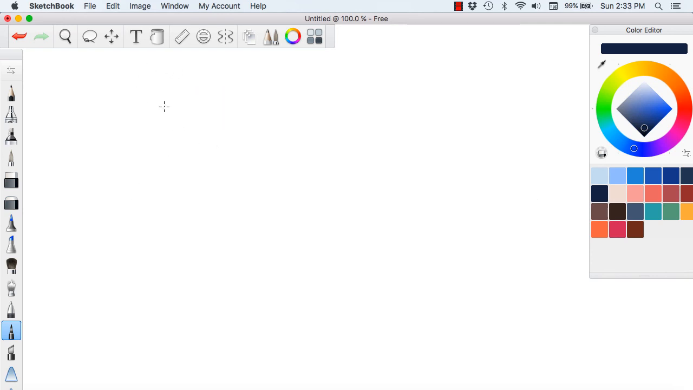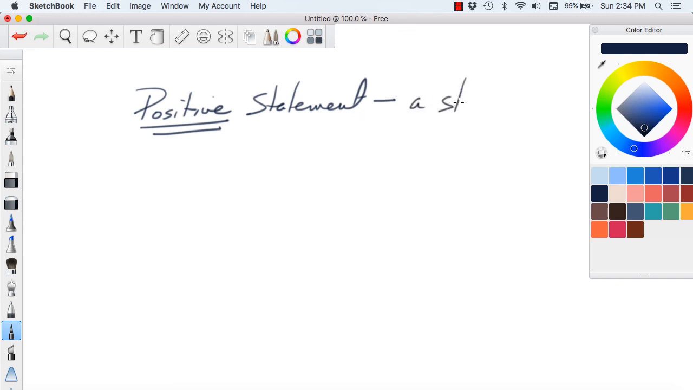Scientific statements are what are called positive statements. So a positive statement, remember, a hypothesis is a statement as to how the variables are related. Positive statements are scientific statements. Why? Because science is interested in looking at what is or what's happened, not looking at what should be. So a positive statement is a statement